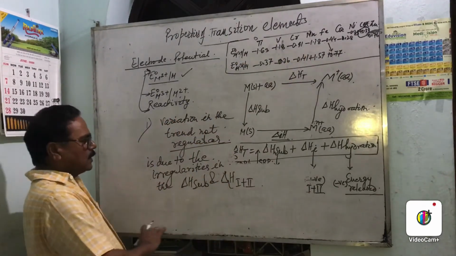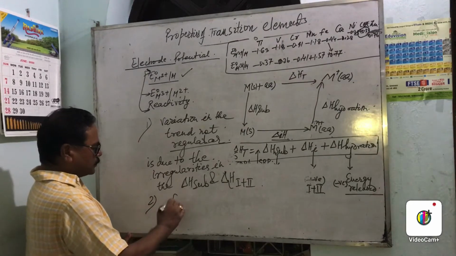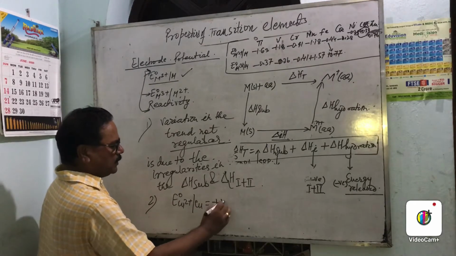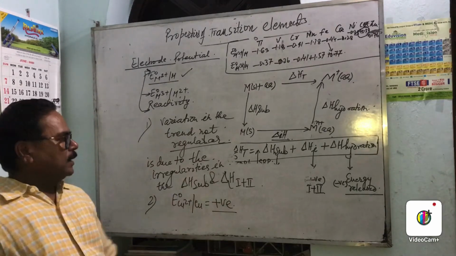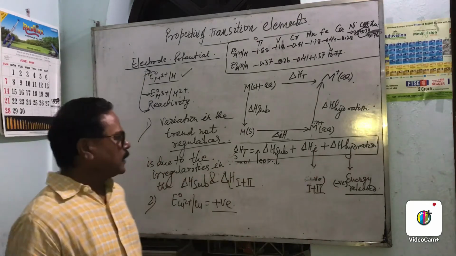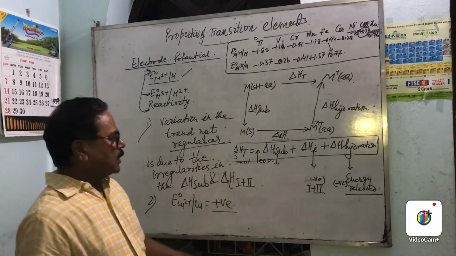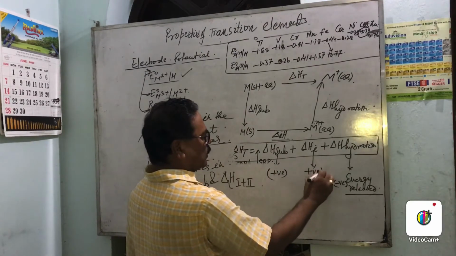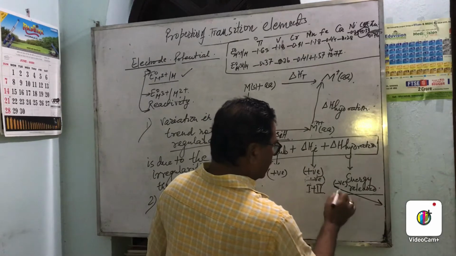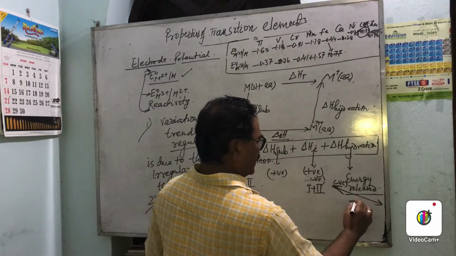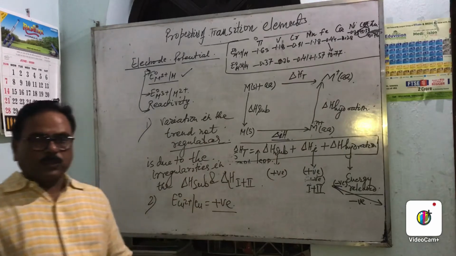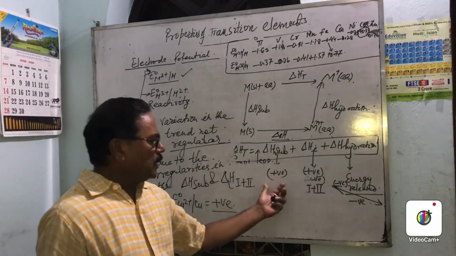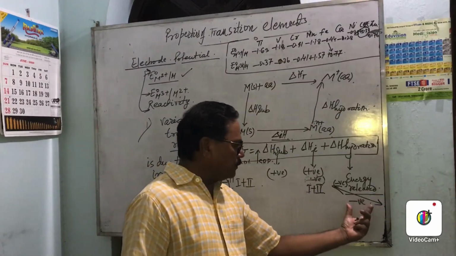Now the other factor: why is E0 for Cu2+/Cu positive? Again, these factors are very important. Why is it positive? Because in this step energy is required, in this step energy is also required, and in this step energy is released, so it is taken as negative. So energy is required and released. Why is it positive? If the released energy does not compensate the energy required,